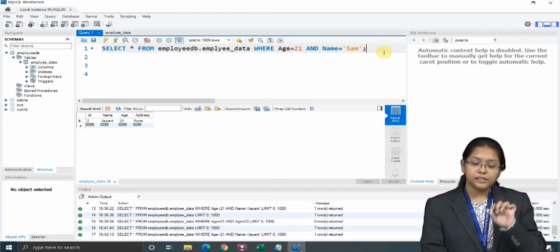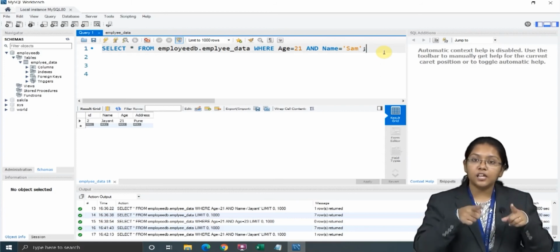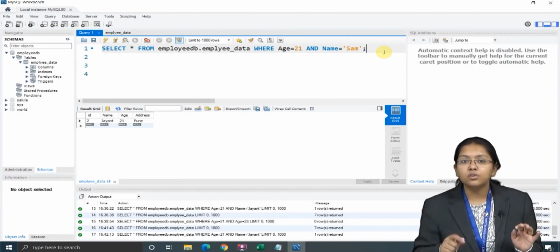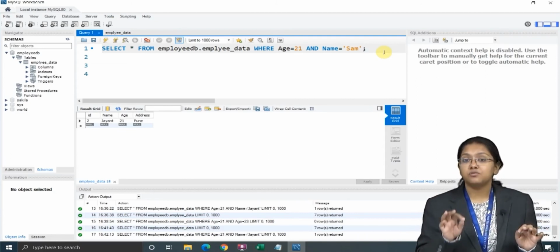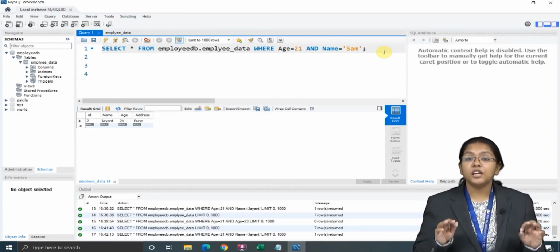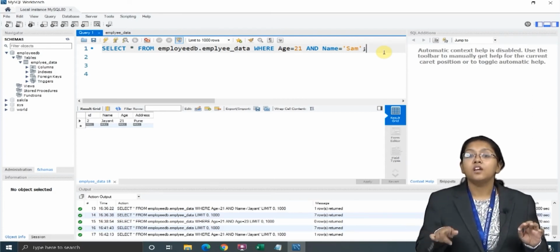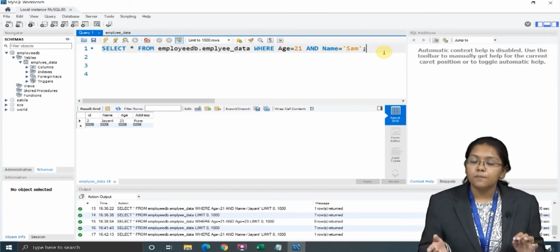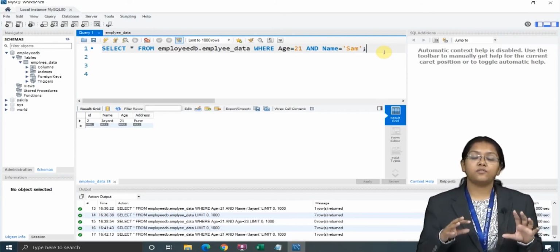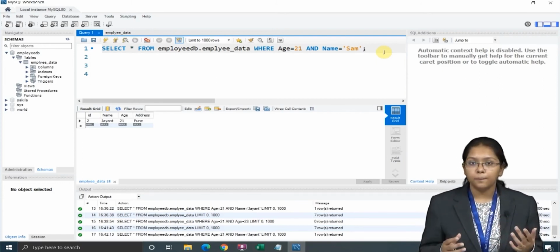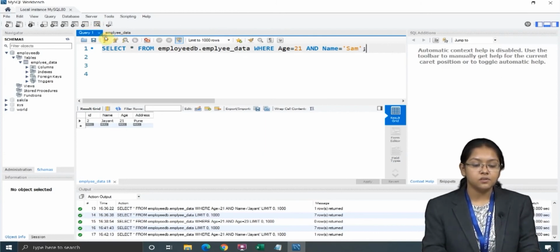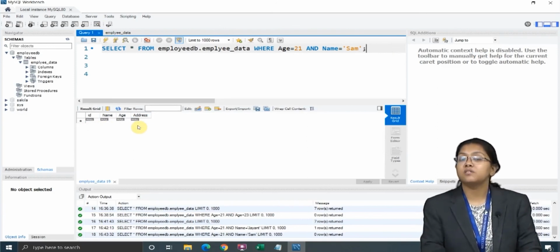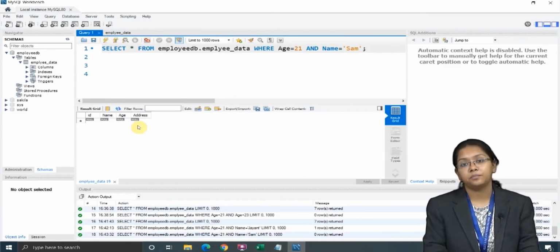So now what is the output? The age, I do have 21, so that is true. But the name part, is this true? No, this isn't true, that is a false boolean value. So here I have the combination 1 and 0, and I will get the result as false. Let's check whether I will be able to fetch data or not. Let's run this code. See, null, null, null, null. So it is not fetching me anything.